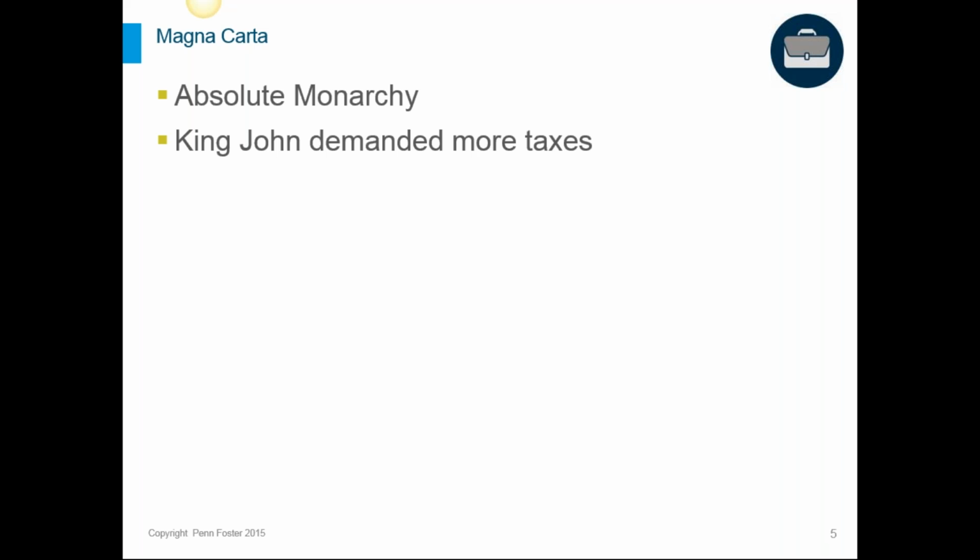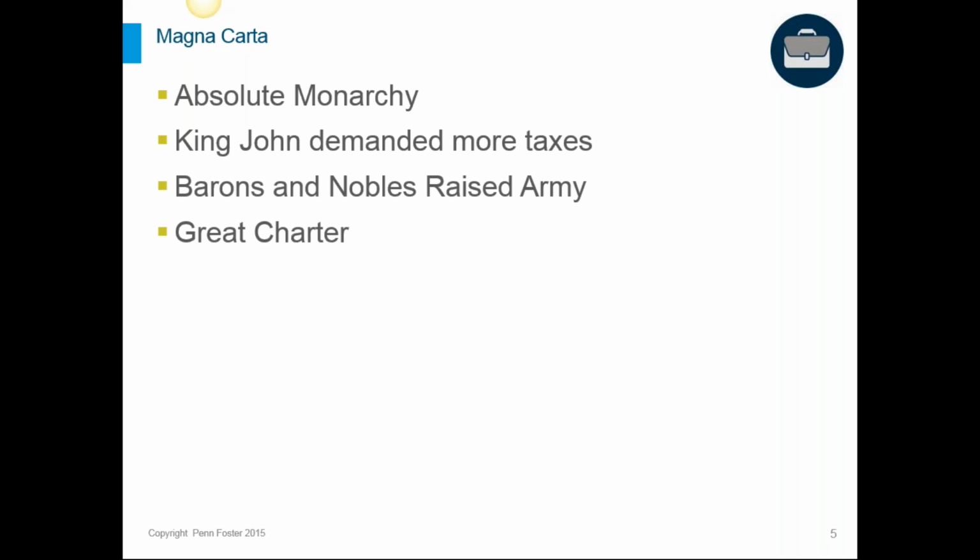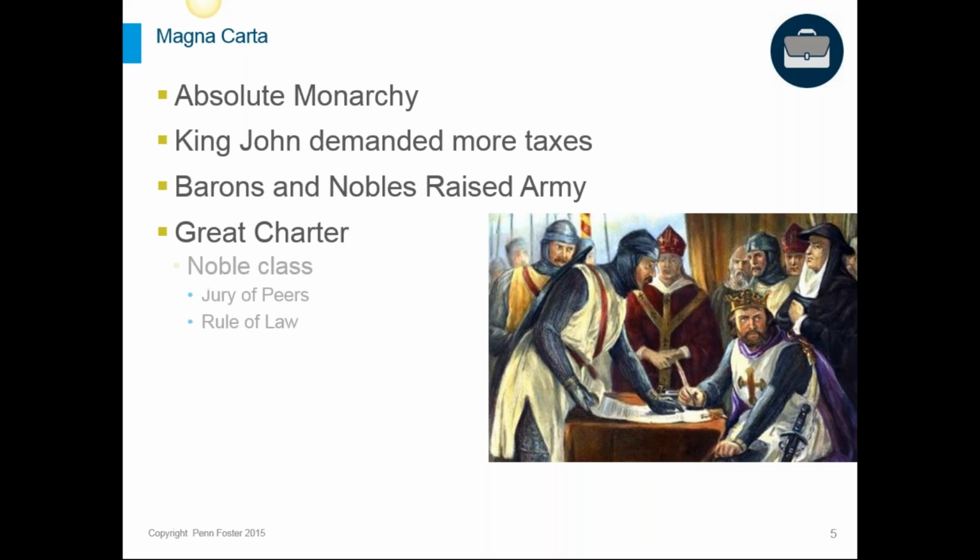That alliance between the king and his nobles really started fraying when the king demanded higher taxes not only from the citizens, but also from the nobles. The nobles and the barons ended up raising an army against King John. When their armies met in 1066, they established what's called the Great Charter, or the Magna Carta, in which the king was forced to agree to give more rights to the noble class, including